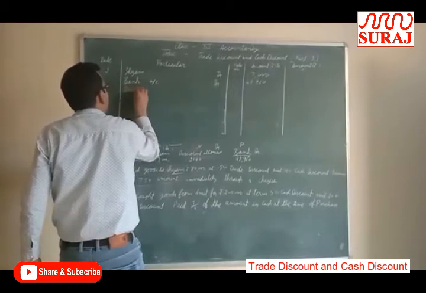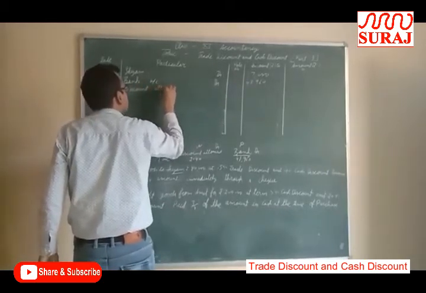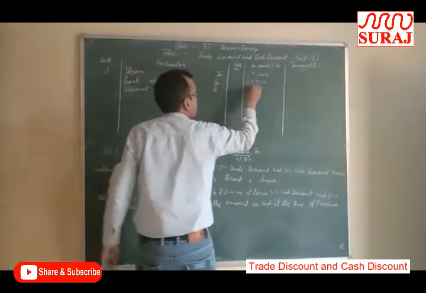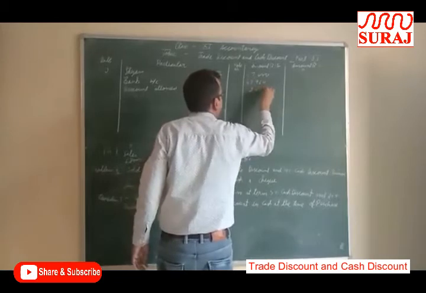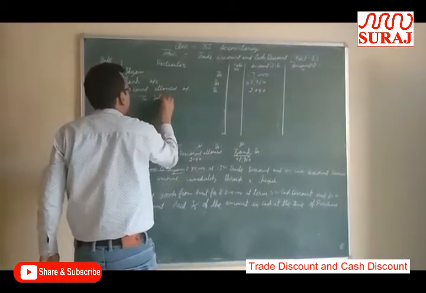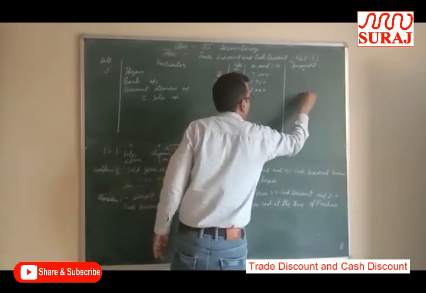Discount allowed account debit 2,040. Sales credit, to sales account 68,000. Narration: